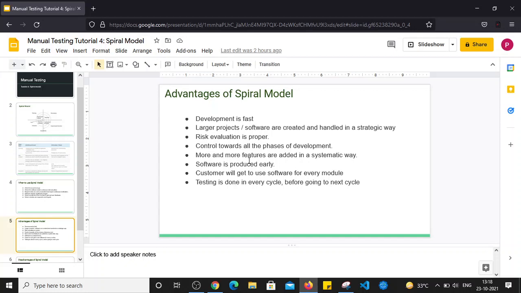Especially in larger projects, software is created and handled in a strategic way. So basically for larger projects the spiral model is used, where software is created and handled in a strategic way. Risk evaluation is proper.